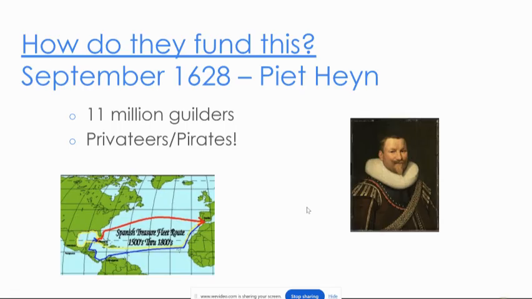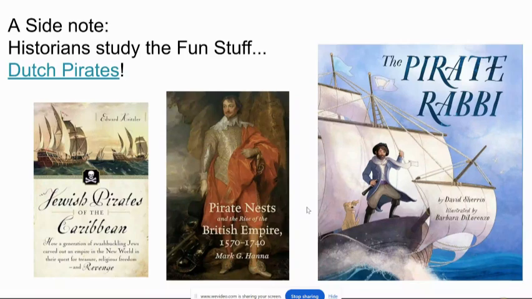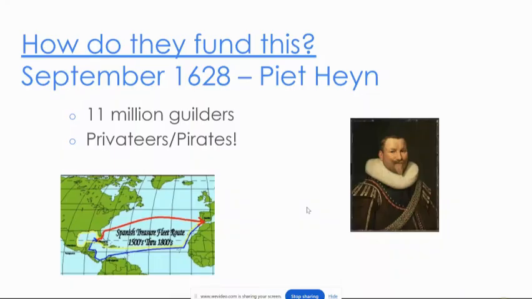He captures the treasure fleet in one swoop, gains all of this huge amount of wealth from silver from Bolivia and elsewhere, takes it back to the Netherlands, to the West India Company, and then they can use this to fund two new attempts at colonization. One is going to be in North America in a place called New Amsterdam, and the other one is they're going to conquer the Portuguese colony in Brazil that is really wealthy from the sugar trade. So it's through this piracy that actually New Amsterdam and eventually New York is founded,